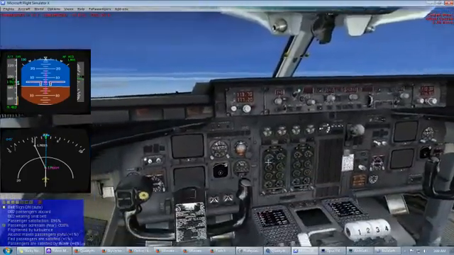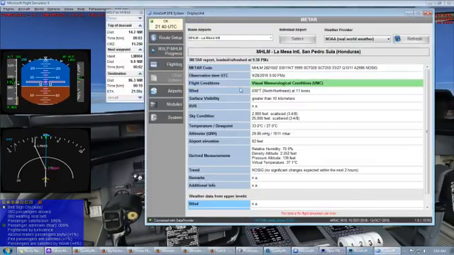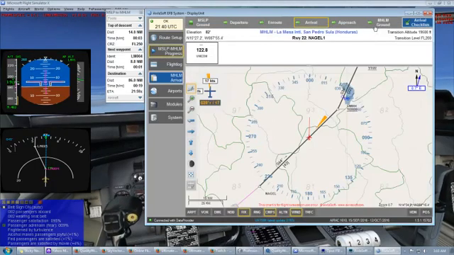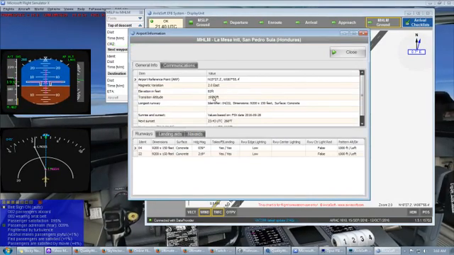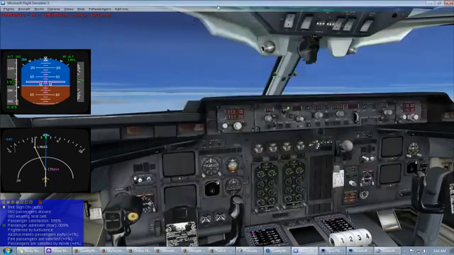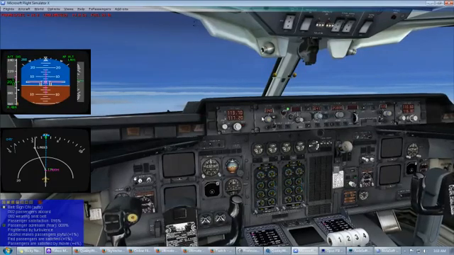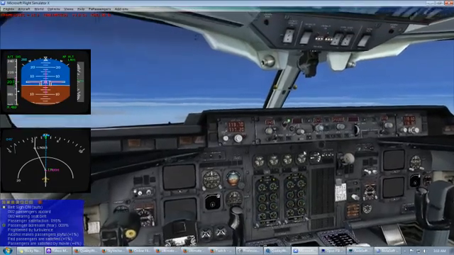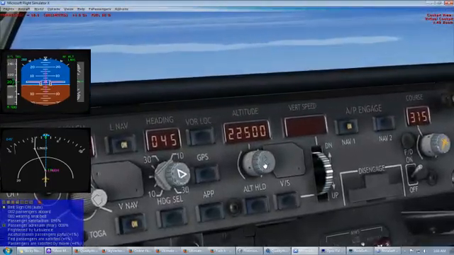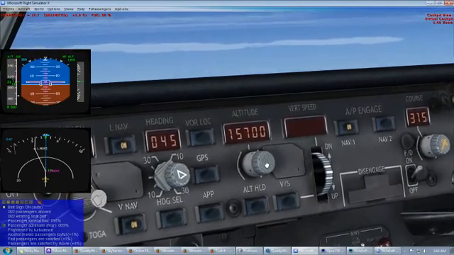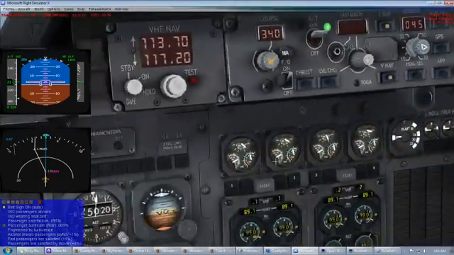Also, I need to check the elevation of the aircraft. Oh, sorry, not the aircraft. I'm sorry. Also, I need to check the elevation of the destination airport, and that is 82 feet, almost 100, and it is fine. And we are almost reaching top of descent, so let me reset the altitude here. Okay, 10,200,